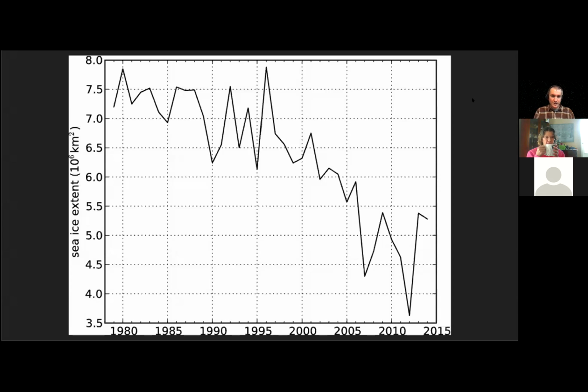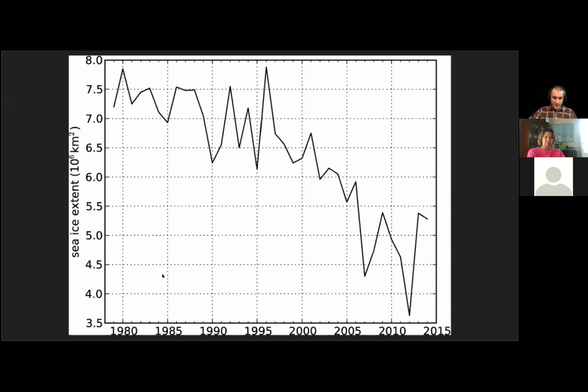And we're specifically looking at the Arctic Circle, and this value is collected in September of each year, which is around the time of minimum ice coverage in the Arctic. And so we start in the late 1970s when we have around 7.5 million square kilometers of ice present at that time. And you can see just how quickly this acceleration of ice loss has taken off over the last couple decades in particular. There is a lot of variability from year to year as we've had cold years and warm years, but